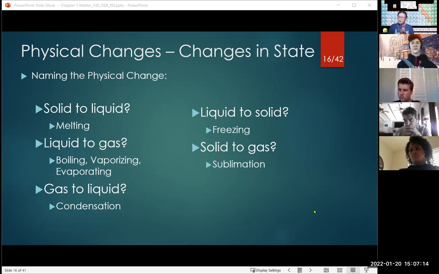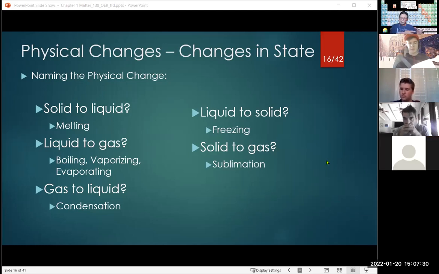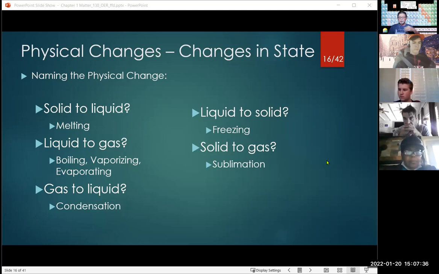We call that sublimation. And you might be familiar with this. You've probably seen dry ice or worked with dry ice or played with it. Dry ice is nothing more than carbon dioxide in a solid phase that goes directly from the solid into the gas phase. And we call that sublimation. So in essence, it doesn't stick around in the liquid phase very much. It just goes directly from solid to gas.